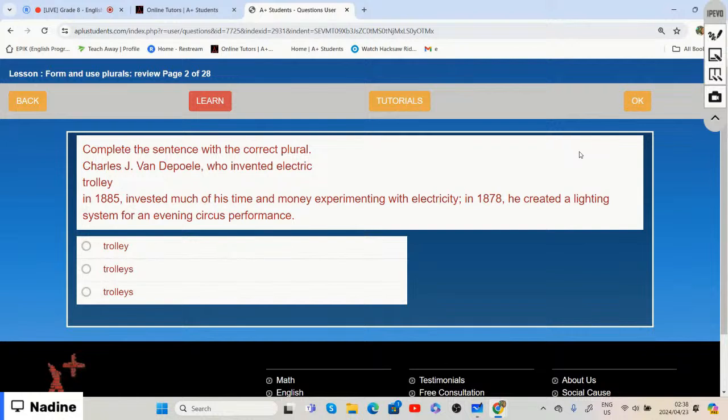All right. And if we choose the correct word, is it trolley, trolleys,